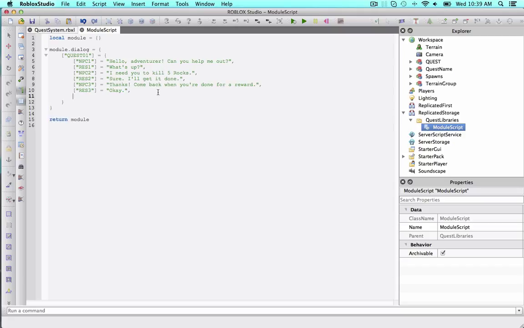Now we're going to need one that'll allow you to cancel, so we'll do exit equals. Alright, that should do. So, this is an extremely basic system. I mean, we could go into way more detail with this thing, but for now, this is what we'll go with. Now that we've got our quest 1 dialogue done,